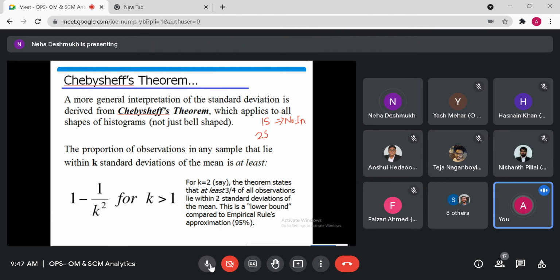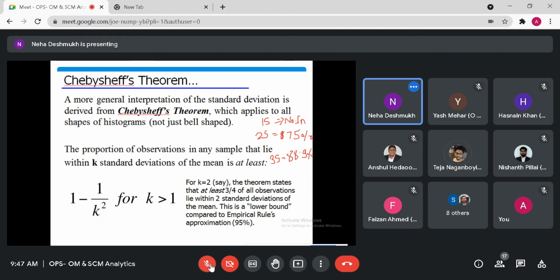When my data distribution is around one standard deviation of the mean, there is no interpretation in Chebyshev's theorem. But for 2s, I think 75% of all observations fall between two standard deviations of the mean. The same goes for three standard deviations: 88.9% of observations fall between three standard deviations of the mean. Is this clear?